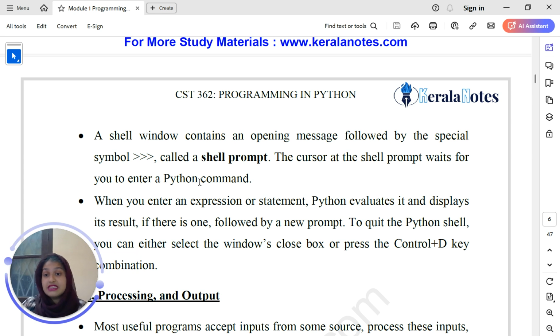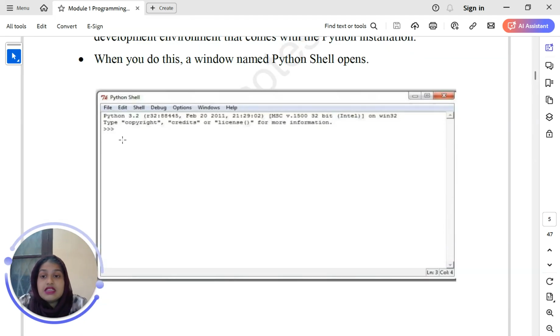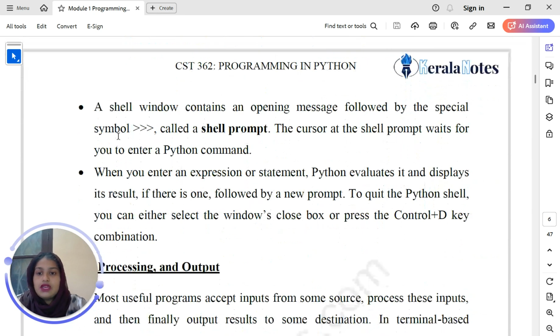The cursor at the shell prompt waits for you to enter a Python command.